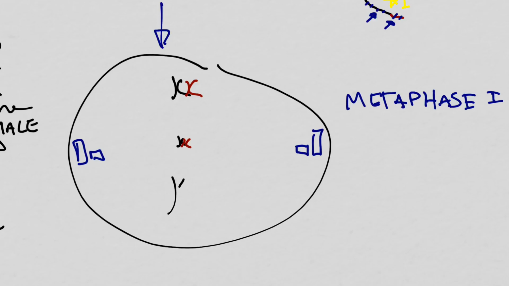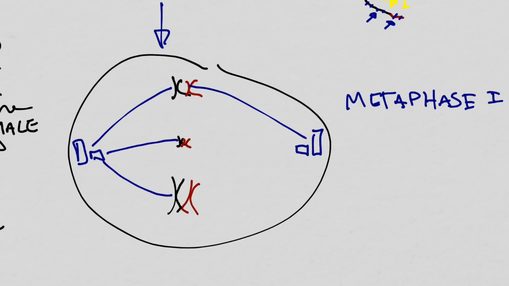Now, for this bottom one down here, I'm going to show the recombination on just one of these, okay? And in your drawing, you should show recombination on one of them as well. All right, let's get my spindle fibers connected in here. All right. Now,